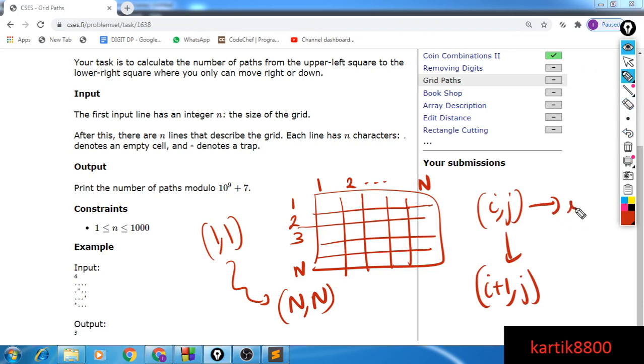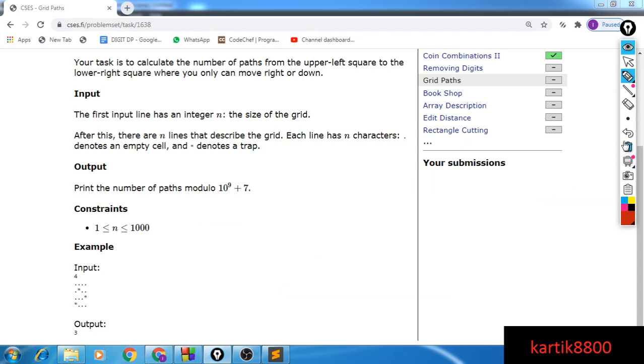comma j plus 1. So personally I have seen this question in a lot of interviews, if not exactly this, a variation of this. I've seen it in quite many interviews. Okay, so I would say it's an important problem, and understanding the gist here is really important. So I'll just show you for 4 comma 4 the given example.